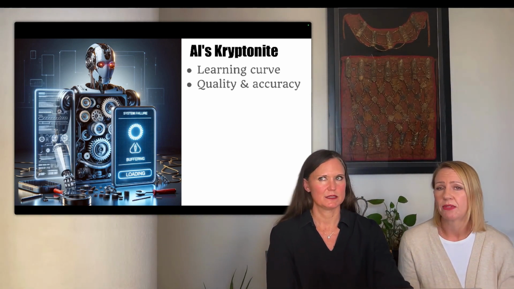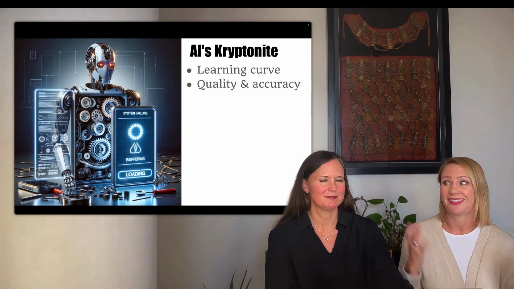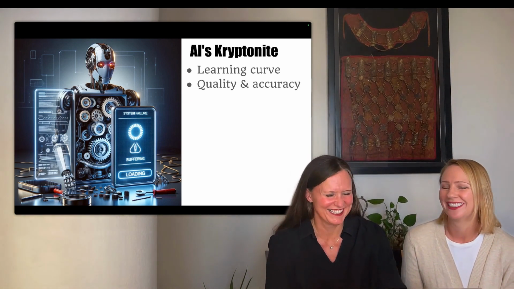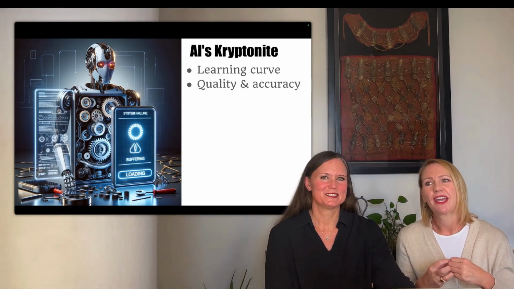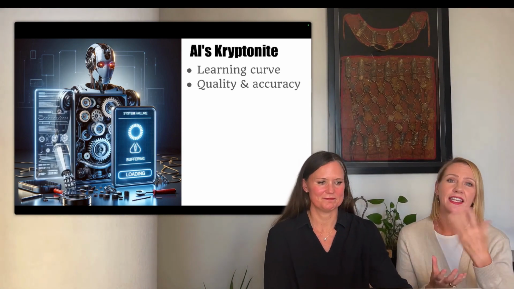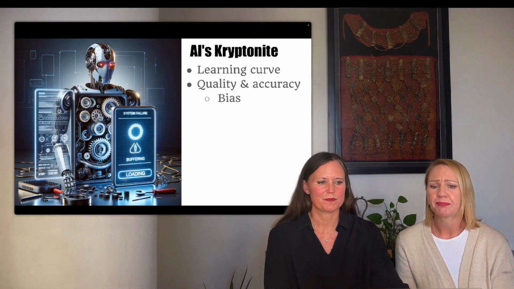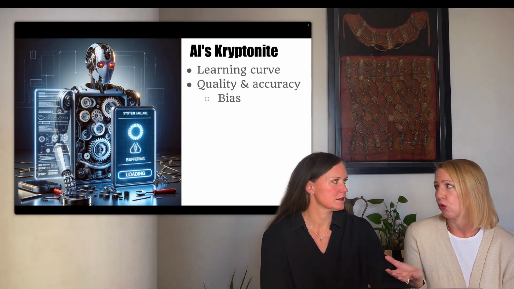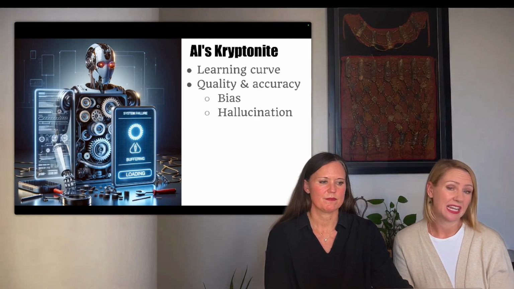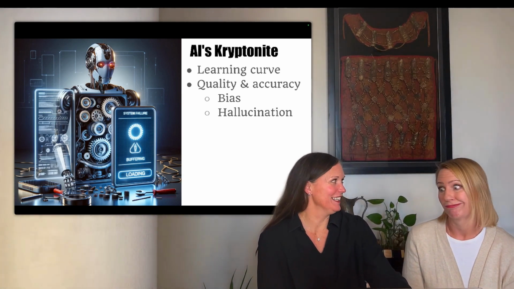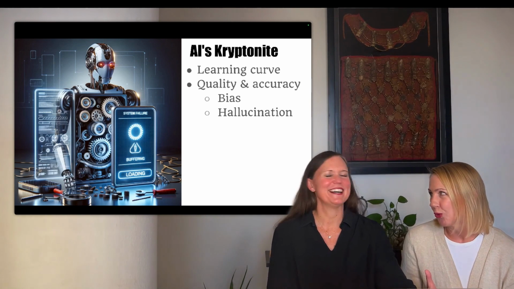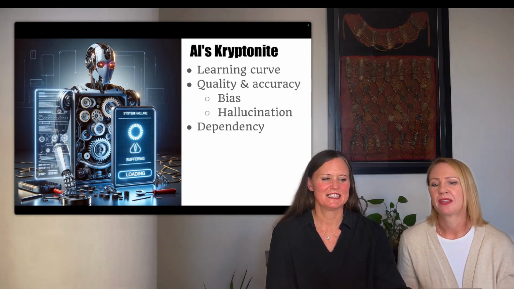Quality and accuracy can be a really huge issue. It was trained on the internet. We know that the internet is not only full of truth. So whatever it's been fed is something that it's learned on, and it can produce some things that are inaccurate. It's full of biases, just like the internet is. Gender bias, cultural bias. It can hallucinate. That sounds like fun. That's what they're calling when it just makes things up. It doesn't like to say, I don't know. Right. So it will just tell you something.